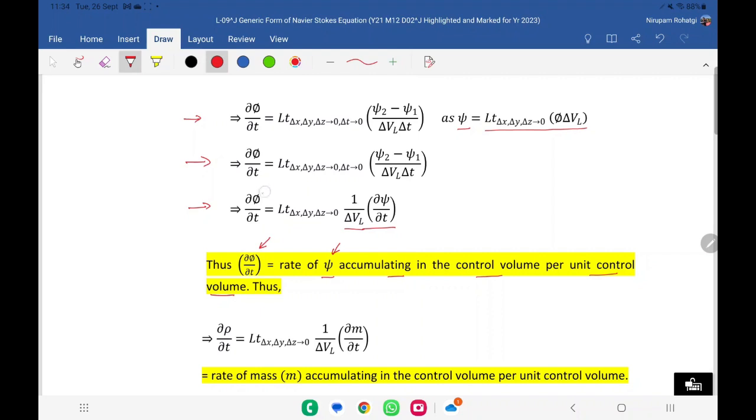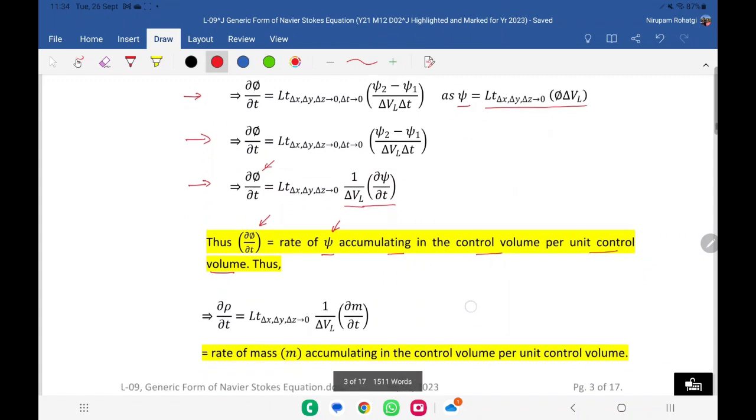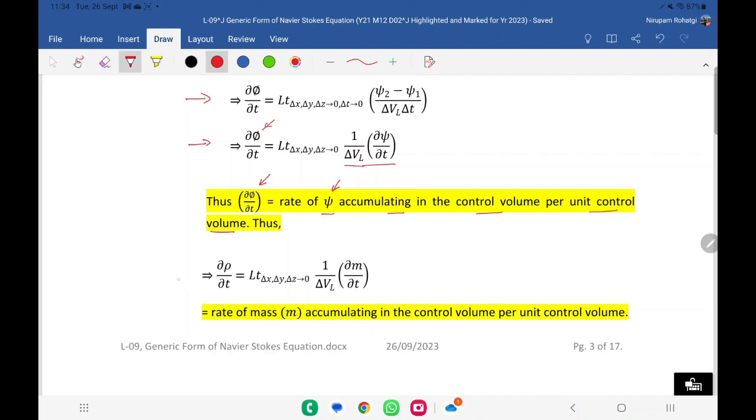Phi is a physical quantity which is a specific of the same. Okay. So what we have here is del phi by del t is telling us the rate of psi accumulating within the control volume per unit control volume. Okay. Now if you have rho here, del rho by del t,